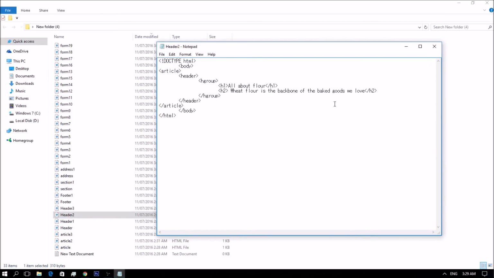So, when using the header element, you should always have one heading tag from h1 to h6. But you can have multiple. You can also use the hgroup element, which I will explain later on. Lastly, you can also have other header-relevant content such as the byline, publication date, table of contents, etc.